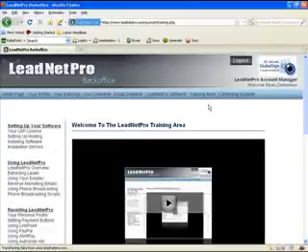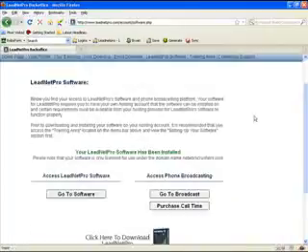And this stuff's all fun and all, but let's just get right to it. What we want to see is the actual software. I want to see how it works, how it performs. So basically, you just want to click go to the software,